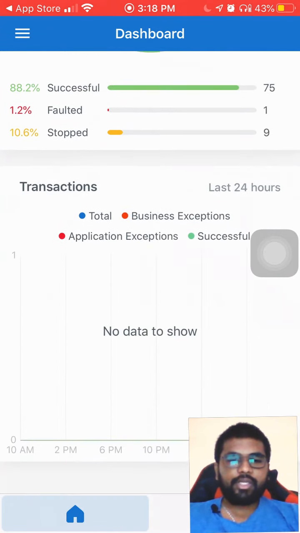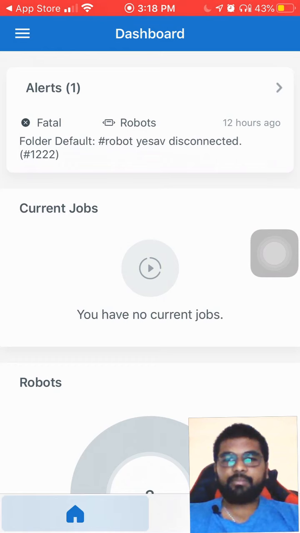Okay, current jobs. Let me start something from my machine and let's see if that gets reflected in the app. So let's go with my UiPath Assistant, and I'm starting a simple hello world program.